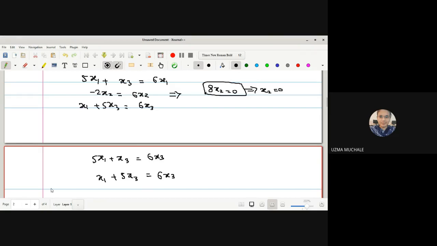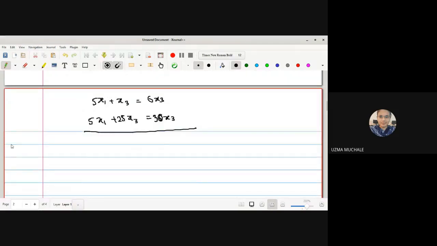How to solve them? You can do one thing: multiply by 5. This will be 25, this will be 30. And you can subtract. If you subtract, we get minus 24x3 is equal to